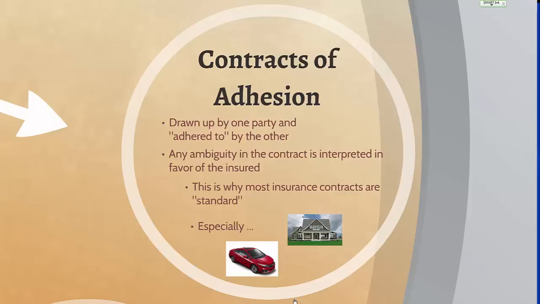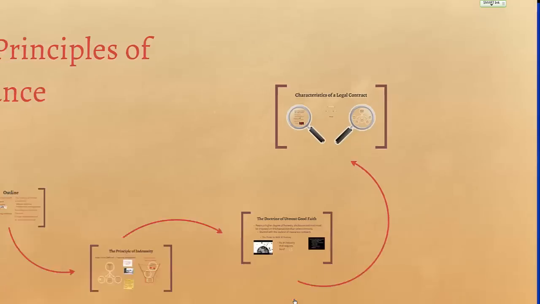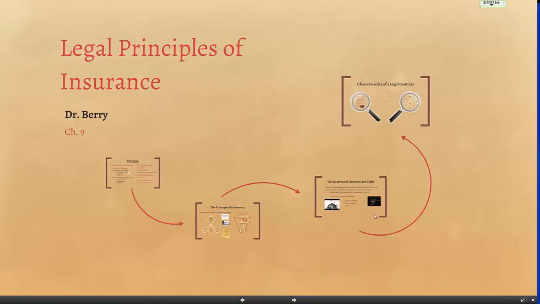There is some ability to negotiate corporate insurance policies, but primarily only in the endorsements. Policies can be negotiated in the excess and surplus lines, so that's where the contracts get a little more interesting. But a standard contract is a contract of adhesion, and therefore the insurance companies try very hard to make those contracts clear. They use the same tested wording year after year. Occasionally wording will change, but for the most part, policies stay the same. And that's the end of our discussion of legal principles or fundamental principles of insurance.